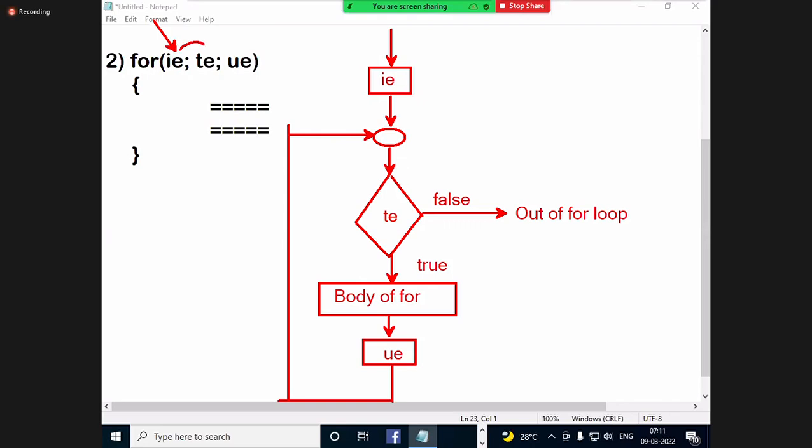The test expression is nothing but the condition. The condition is going to return either true or false. If it is true, then it will enter the loop.